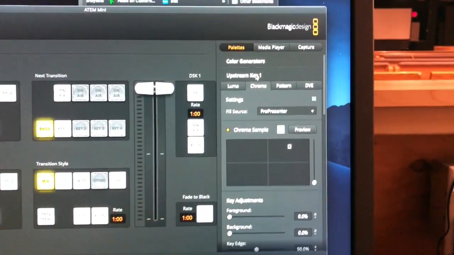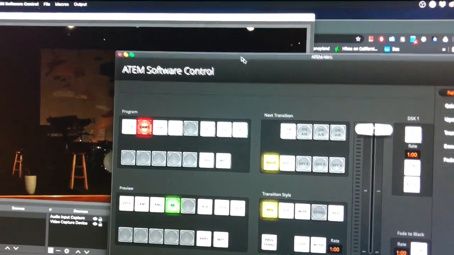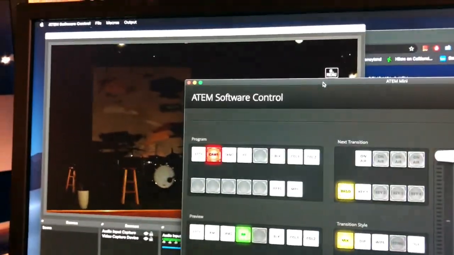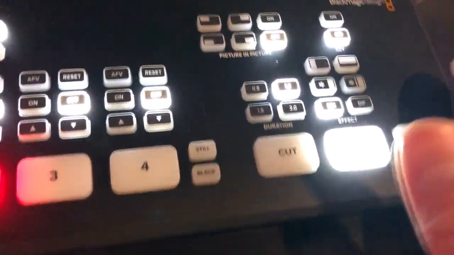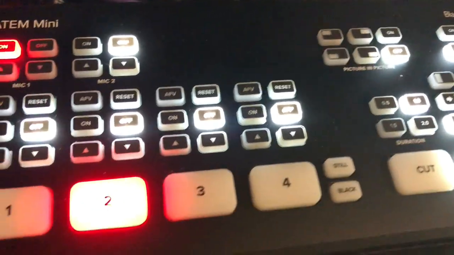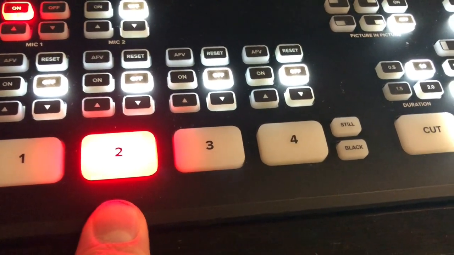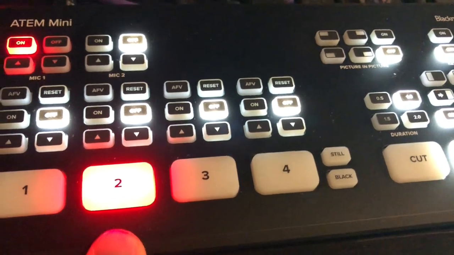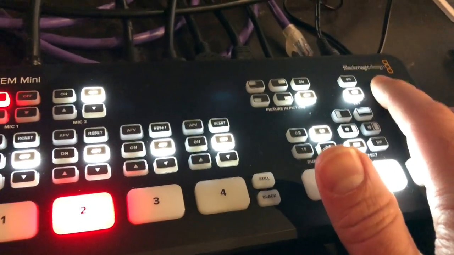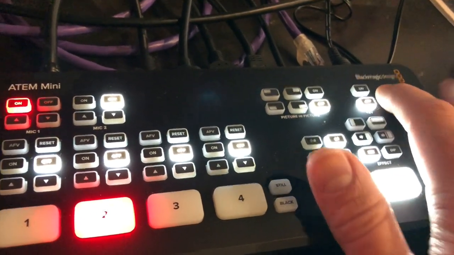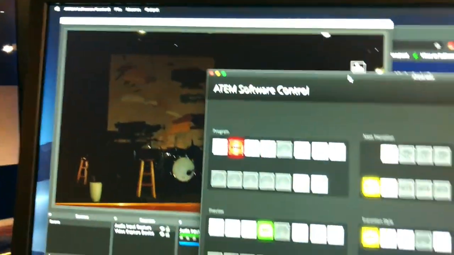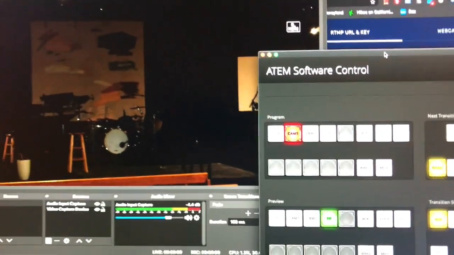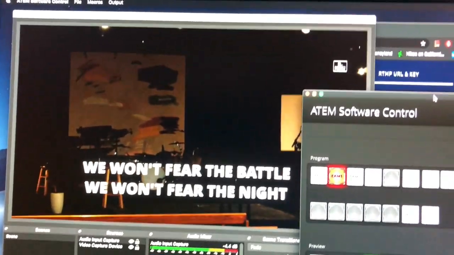So that is set now, and all I need to do in order to bring my slides up is, down here on the ATEM, see this key button right here. I've got my camera source live right now, but the computer knows that when I turn the key on, it's going to pull the computer and key out that green color, right? So I'm going to hit this on button here and I'll show you what it does to the feed. So when I turn the key on, it lays the text over, right?